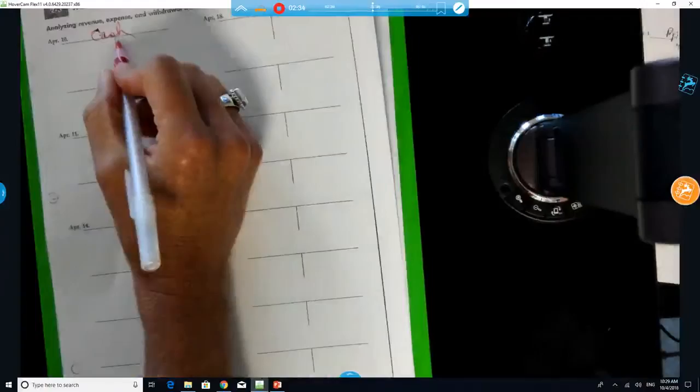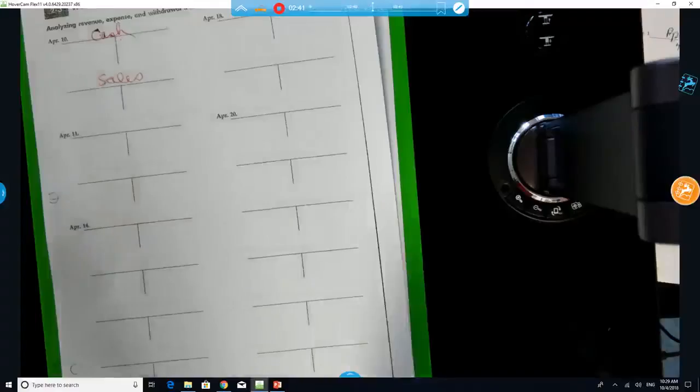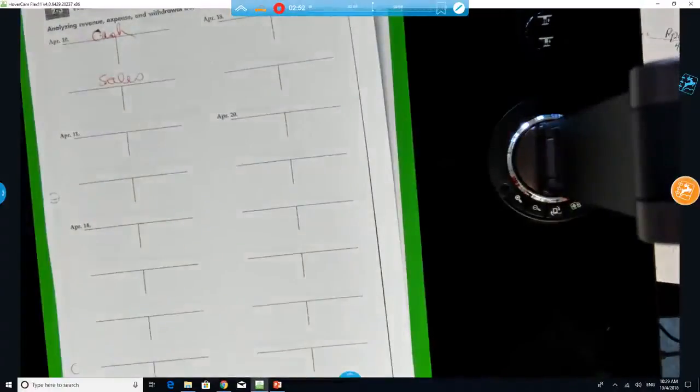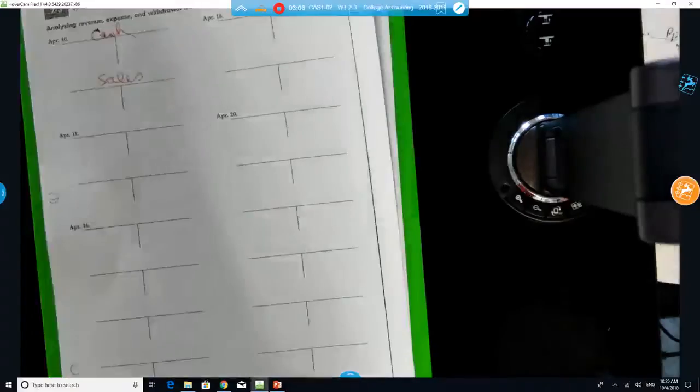And so what's happening to my cash account? Is it going up or down? Up. Received cash, so it's going up. So we know that we're going to do what to it? Okay, so what are your normal side balances? What is your normal side balance for an asset? Debit is the normal side balance for an asset. So asset accounts increase on their normal balance side. So if we know our cash is increasing,